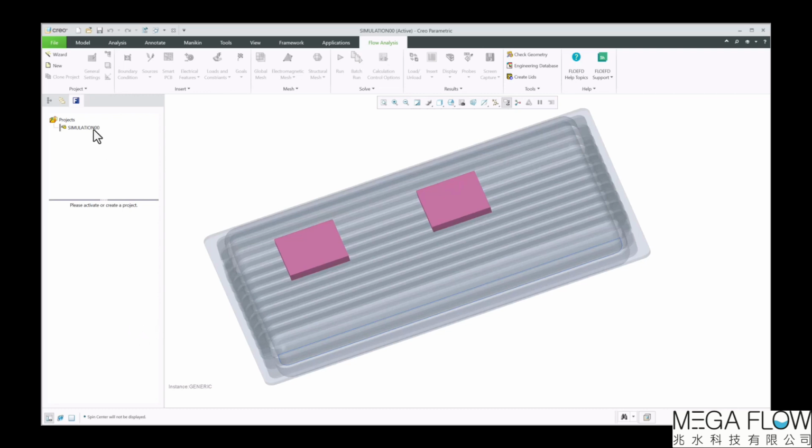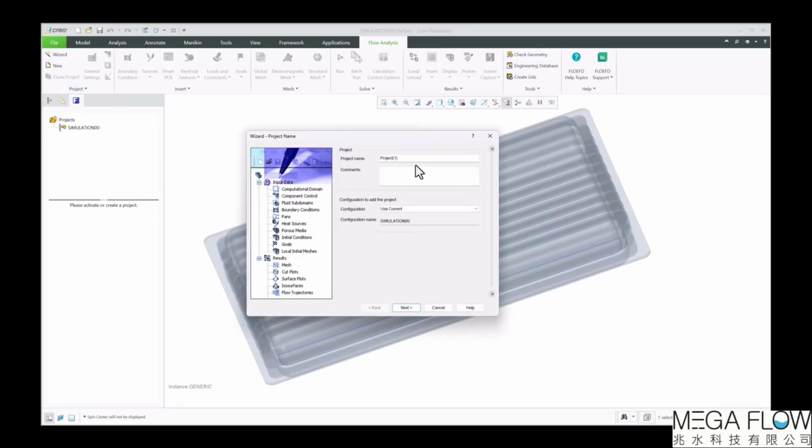Okay, so in this, we have an assembly here with the enclosure and the two gap pads. We will import the PCB later on through EDA Bridge and then align the gap pads to that PCB. Alright, but for now, let's go through the wizard. Here you can name the project,